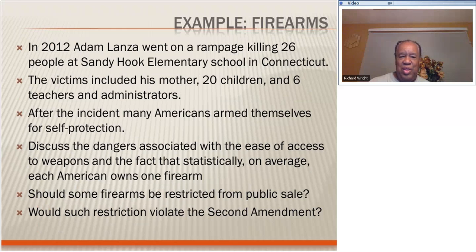Firearms in 2012, these are some examples where a person went on a rampage, killing 26 people at Sandy Hook in Connecticut. The victims included the person's own mother, 20 children, 6 teachers, and administrators. After the incident, many Americans armed themselves for self-protection. Again, the debate continues. And so the issue about the Second Amendment versus gun control will go on and on